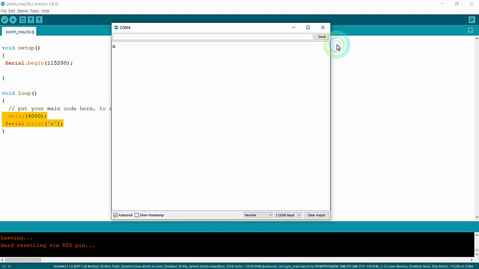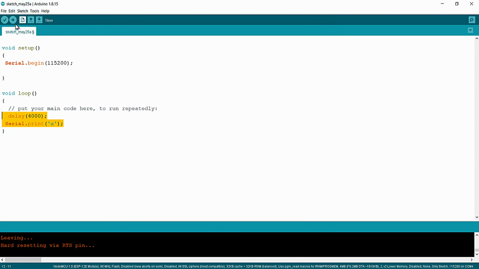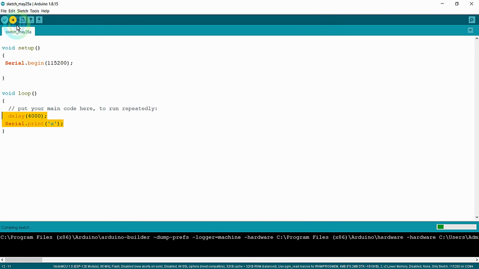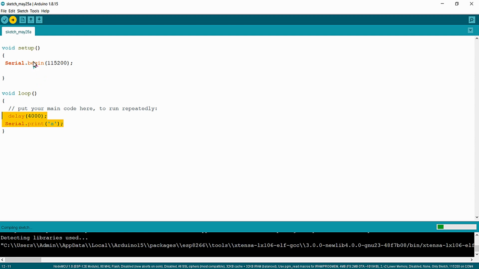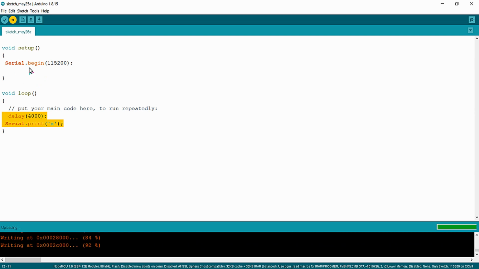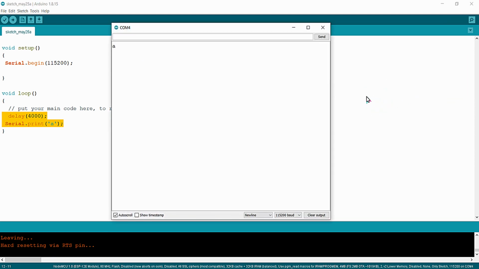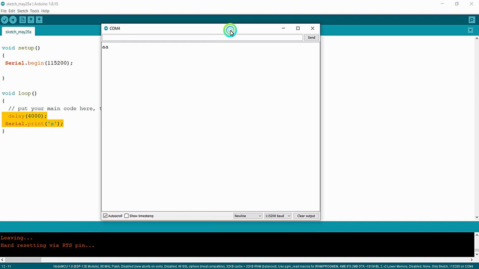So now I am just closing the serial monitor and I am uploading the sketch again. And now I am opening the serial monitor. And here you can see the character A is being printed every 4 seconds.